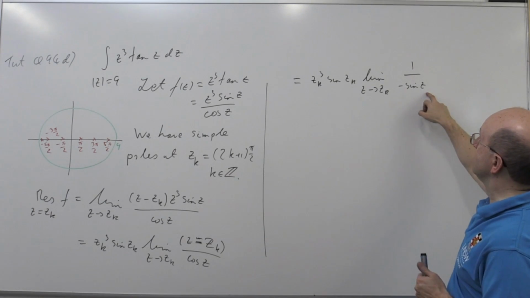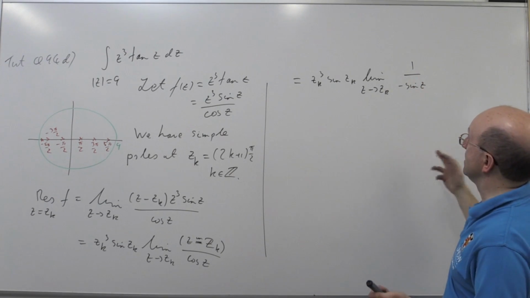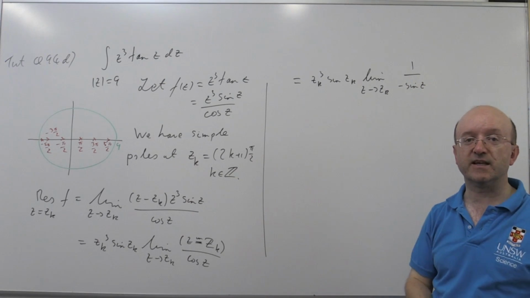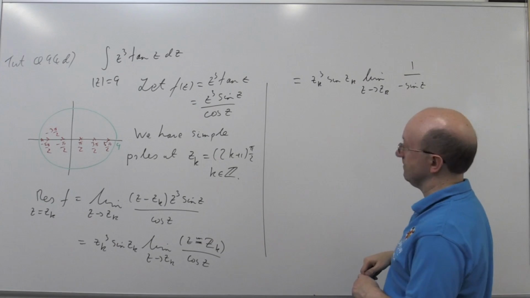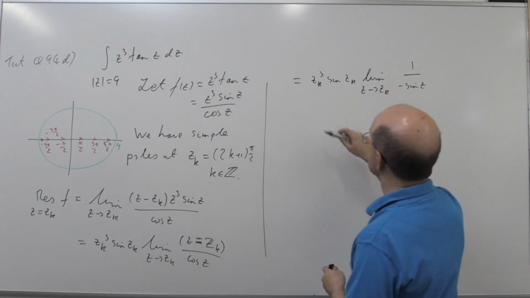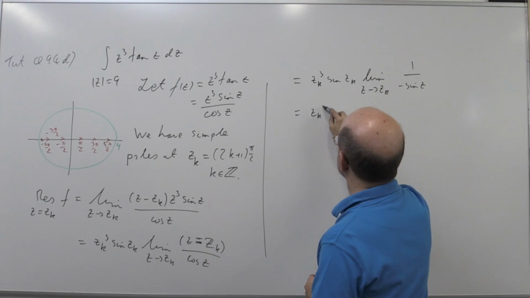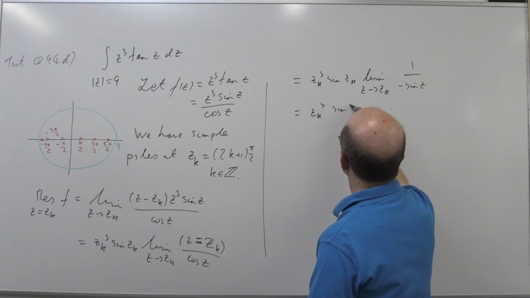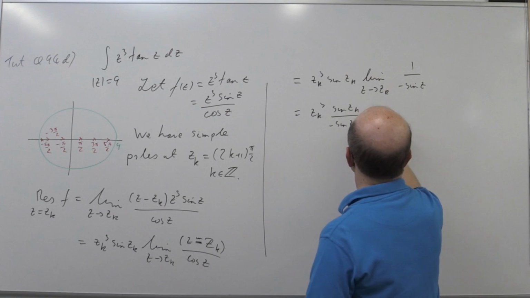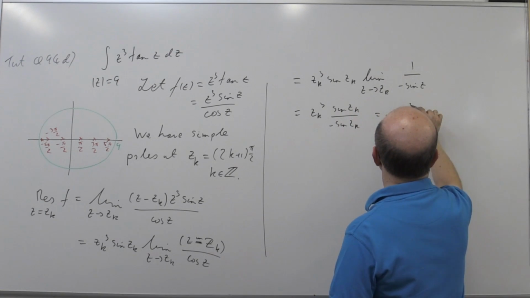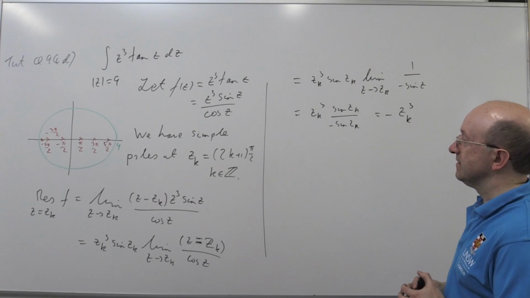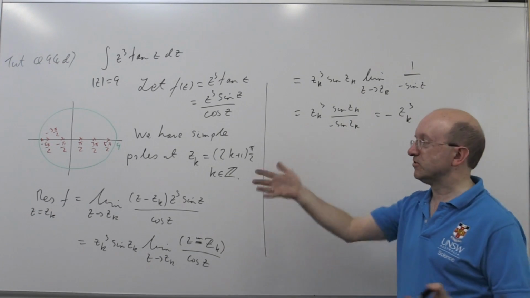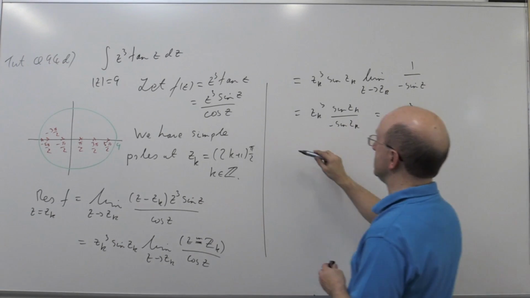So what we're going to get, I'm just going to get minus 1 over minus sine zk, which cancels off the sine zk here. So you see why I left it as that rather than writing it as minus 1 to the k. Not really made much difference. So this is zk cubed sine zk over minus sine zk is minus zk cubed. So that simultaneously got me the residue to all these poles. Hence,